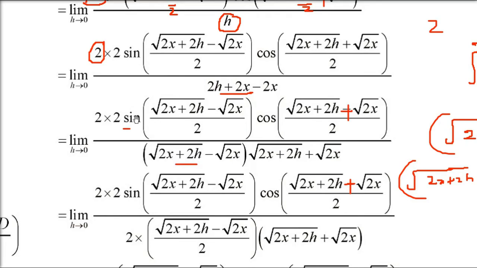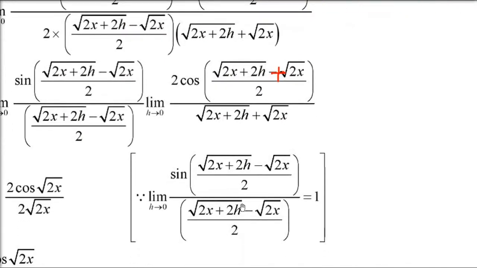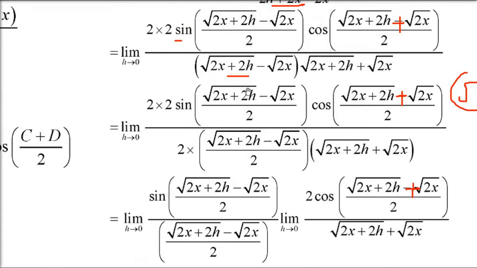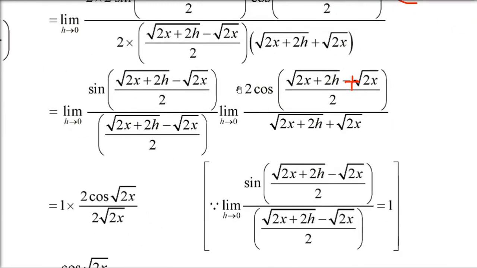Because we need sin theta by theta, so just divide by 2. And you can have a 2 for multiplication also. So this whole is sin theta by theta. That is why we have done all these. Now just forget about it, this is going to be 1. The 1, 2 you can cancel. Only 1, 2 will remain. We have already done sin theta by theta is 1.